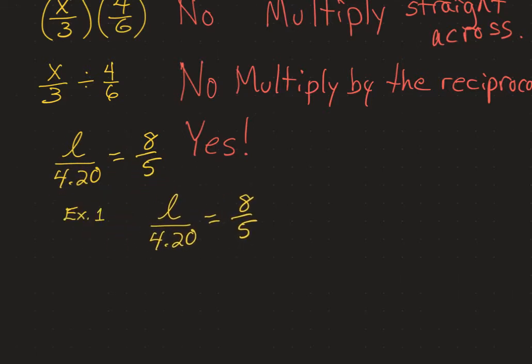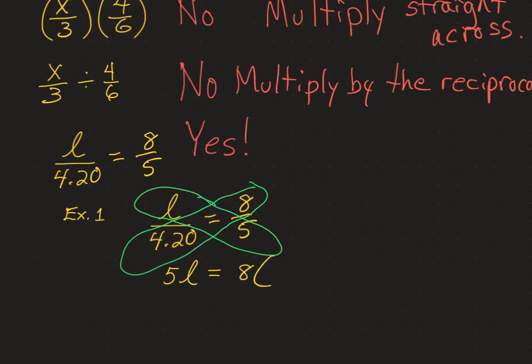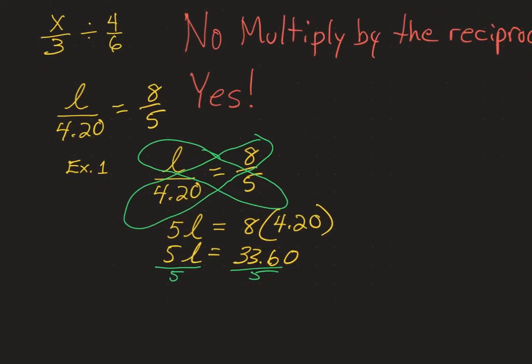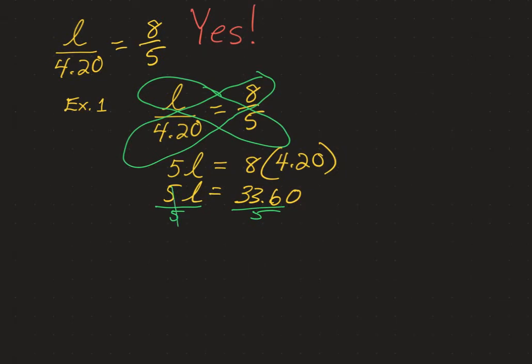Okay, let's take a little closer look at this one. Let's actually do this one by cross multiplication and see what happens. By the way, cross multiplication actually isn't the best way to do this one. I'll redo this one at the very end for those of you who want to see it. So if we cross multiply, we get 5 times L equals 8 times 4.20, which is 5L equals what? 33.60? Yes, and if we divide both sides by 5, what will we get? On the left those will cancel, giving us L equals